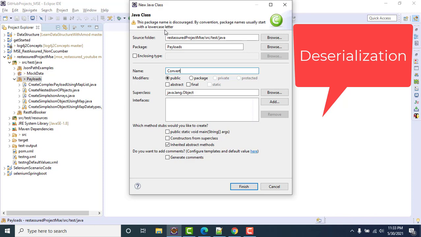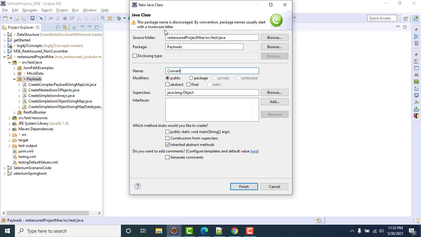Actually we have done it, but I have not given the term, because I don't want to confuse you. But I also want you to know at least this term, that whatever we are going to do is deserialization. But as of now I will name it